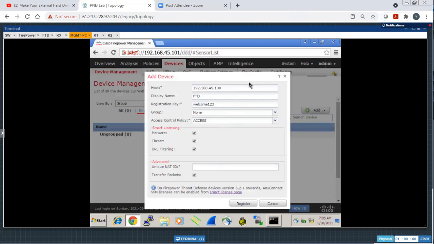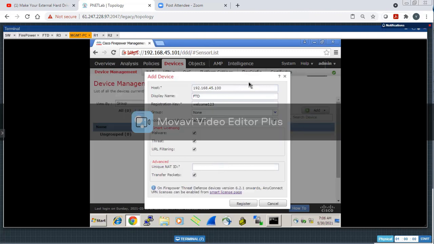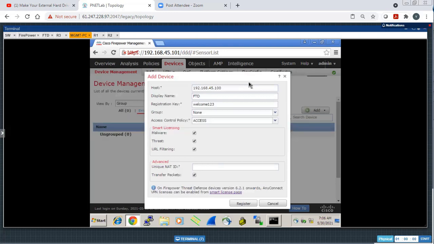Okay, for that I need to tell you a little bit about access control policy. So access control policy is a kind of a package, right? That package will be the same for all the FTDs which you will be adding under this access policy.